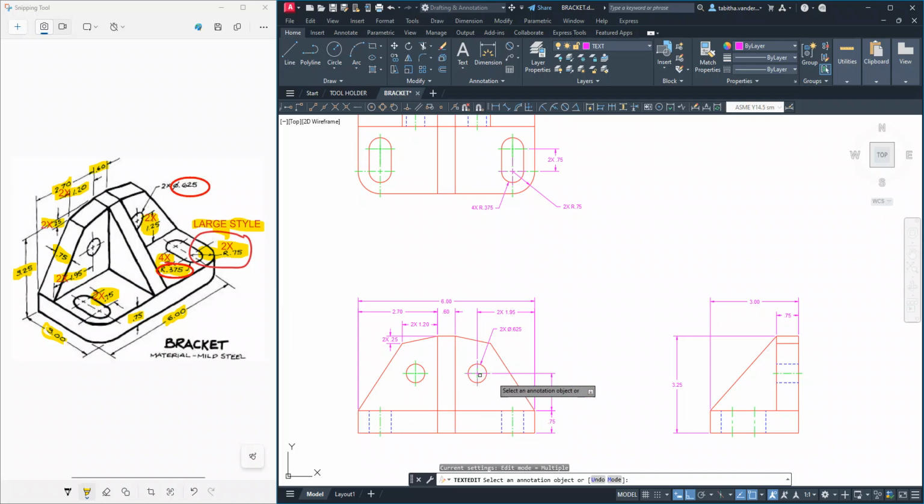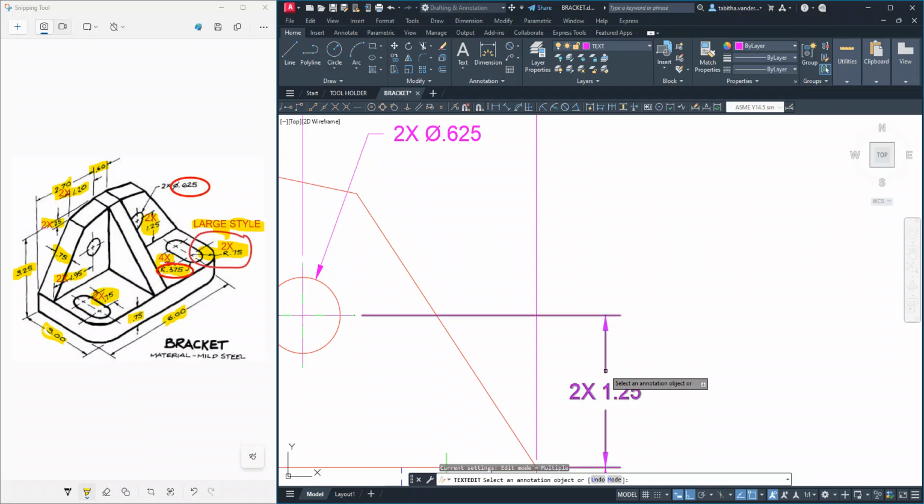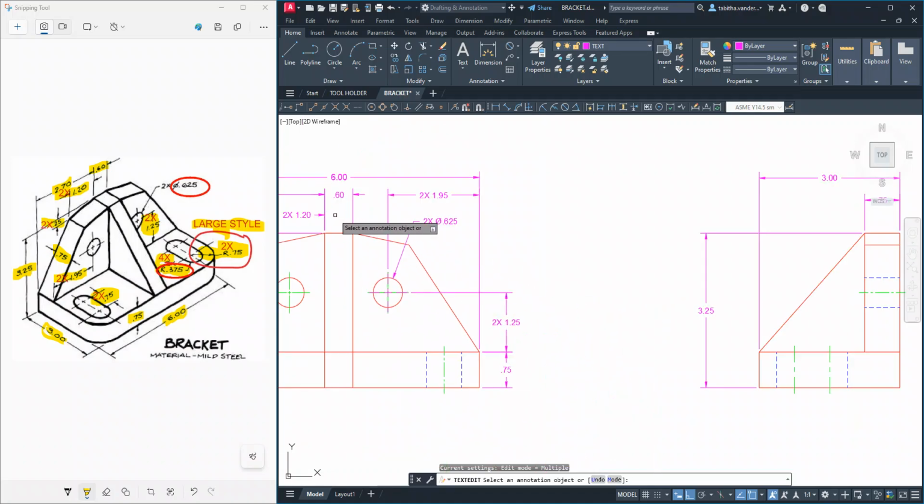If I was going to check this, I could go through and just make sure that I got all of my quantities. That's an easy mistake to make, so it's a good thing to have on your checklist of things to check. And now if I was just going to go through here and ask myself some questions, you notice that I tried as much as I could to put dimensions in between the views. And it's also important to not have your dimension lines, that's the lines with the arrows, you don't want those crossing other extension lines. For example, I wouldn't want to have a dimension